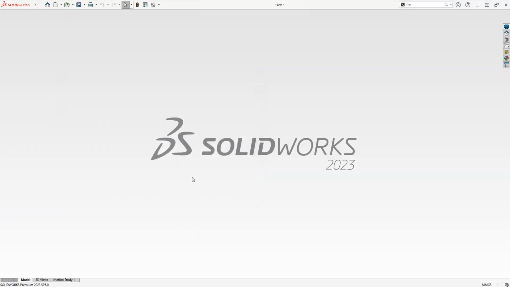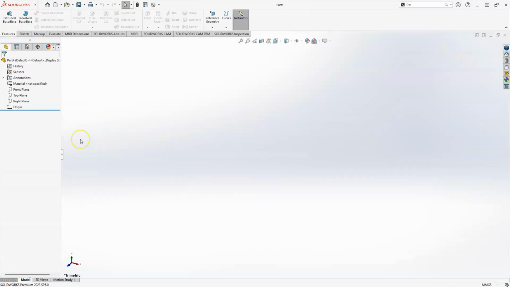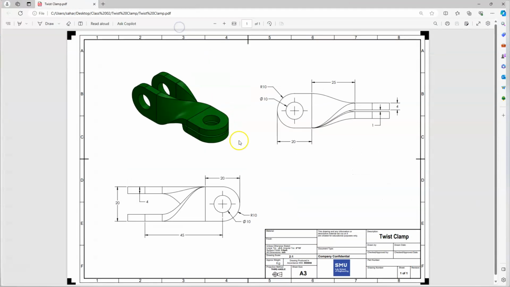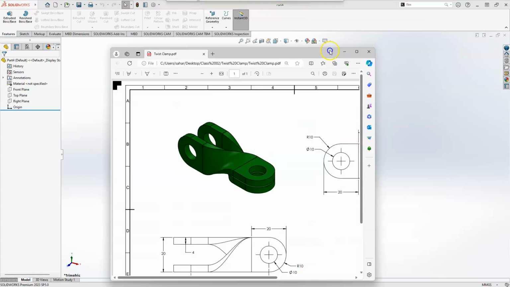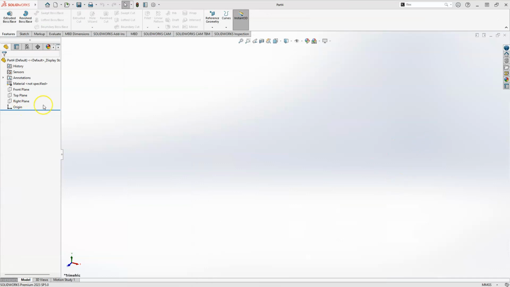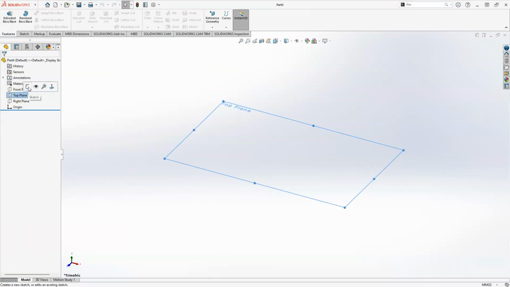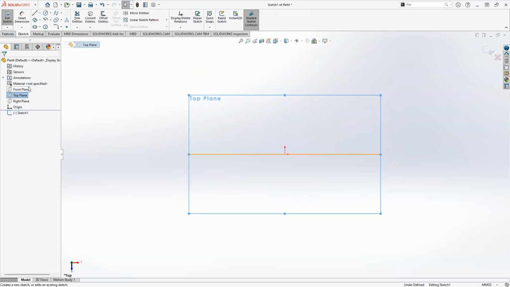The dimensions given in the drawing might not be given precisely, but make sure that it is in millimeter. Okay, so I will start with the part that's around up here. So with that being said, I can go ahead and start with the top plane, go to the sketch mode, and here I would like to go and make a circle,